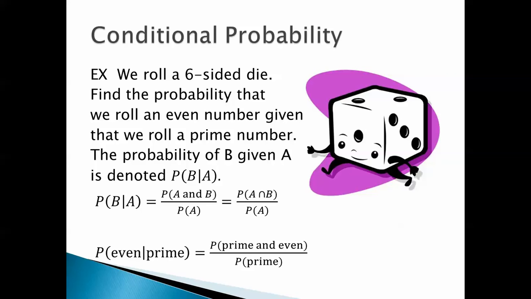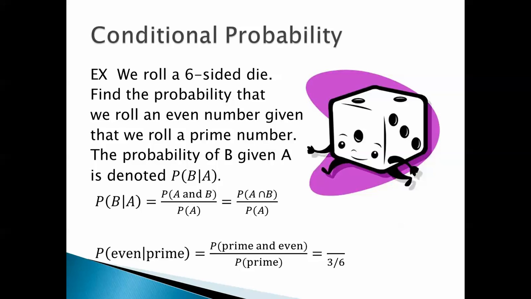prime, if we just apply that formula, plug in even for B and prime for A, we want to calculate the probability of even given prime. That's the probability of prime and even all over the probability of prime. All we're doing is plugging in prime for A and even for B. That's all we're doing. So the probability of even given prime is probability of prime and even all over